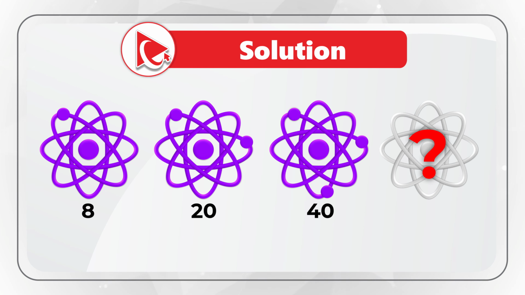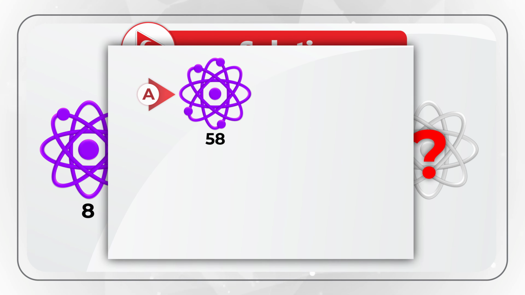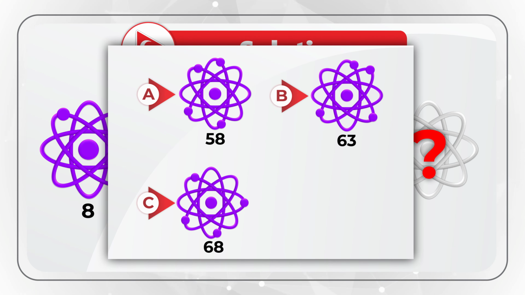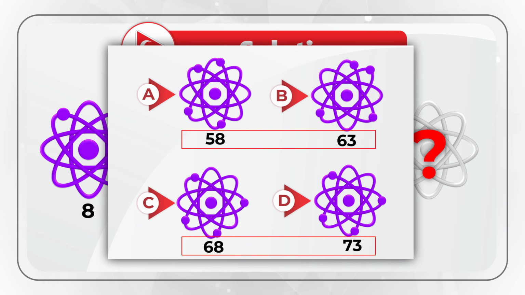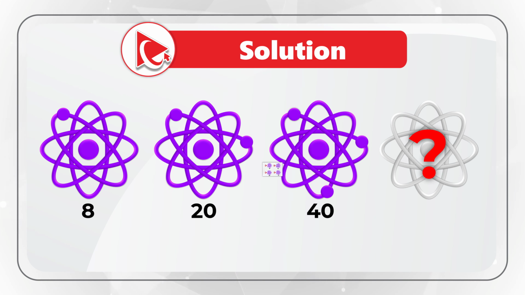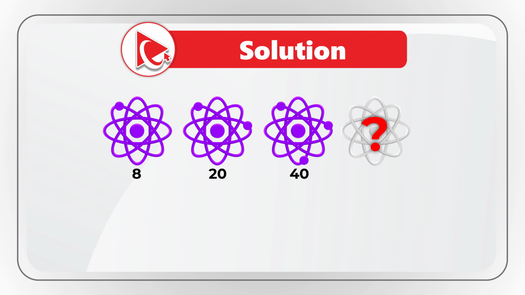Well, this is not much help here, because if you look at the choices A, B, C, and D, they all have 4 small spheres. So our next step here to solve this challenge is to look at the bottom number. And to solve it, you need to find the formula to calculate the bottom number based on the incrementing number